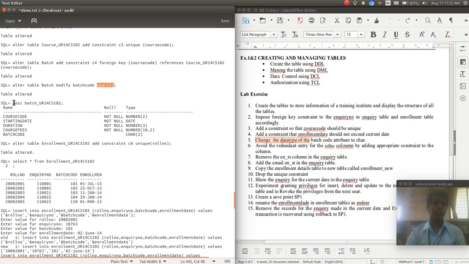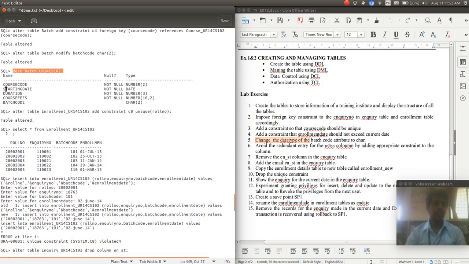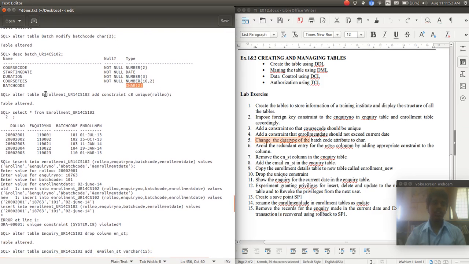Now I'm going to display the type of the table. Each column is listed here with the batch code. Previously it showed number 2, but now it's character since I've changed the type. And next is